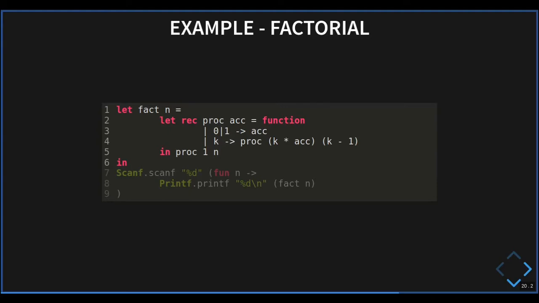So this function is no longer recursive, but this inner function is, and this function accepts an additional variable, and this will be an accumulator. This value will store the result of this factorial function,